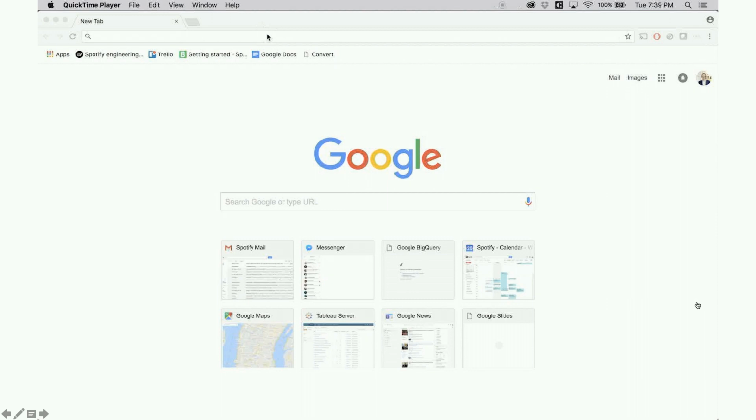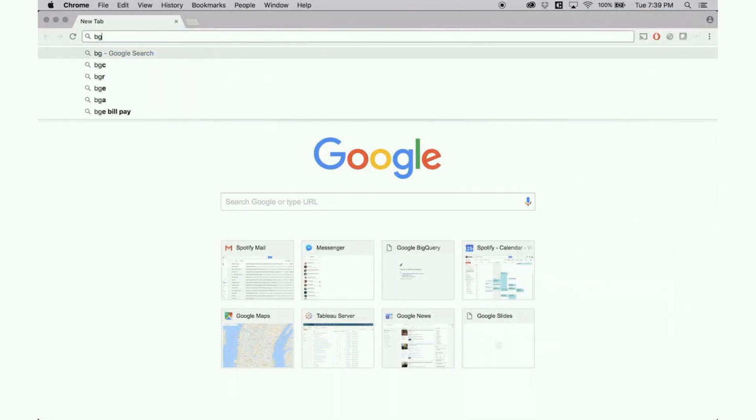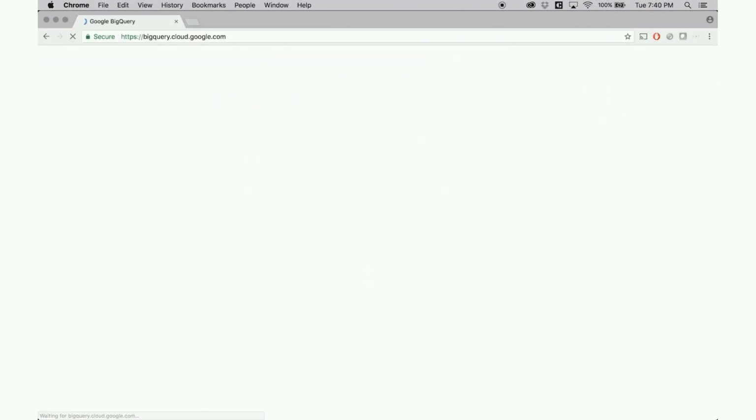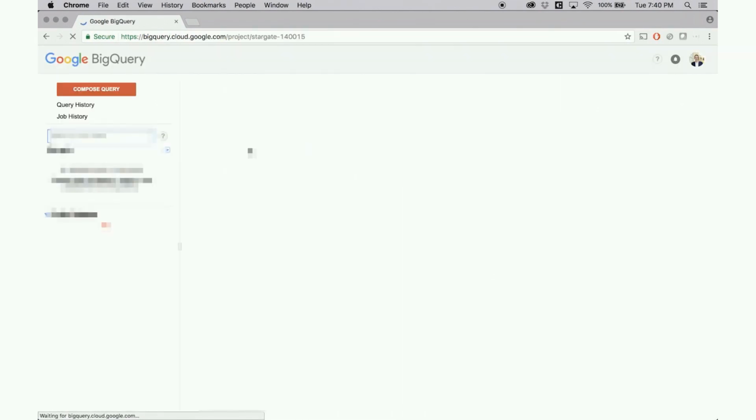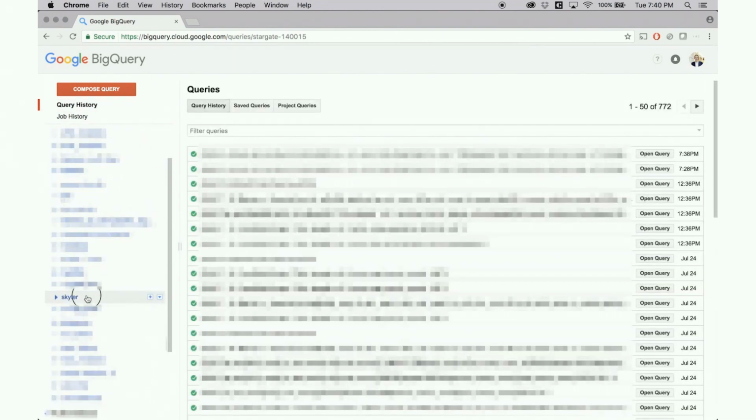And so as part of that, I wanted to come up with a story that I could share with y'all. So I'm going to, from start to finish, do an analysis of trying to find a country's unique emoji, the most unique emoji that every country uses based on the user's country. I'm going to start where most analysis projects at Spotify start, with BigQuery. This is where all of our data is stored, and a lot of stuff is going to be blurred. But I'm going to find the tables that I need,